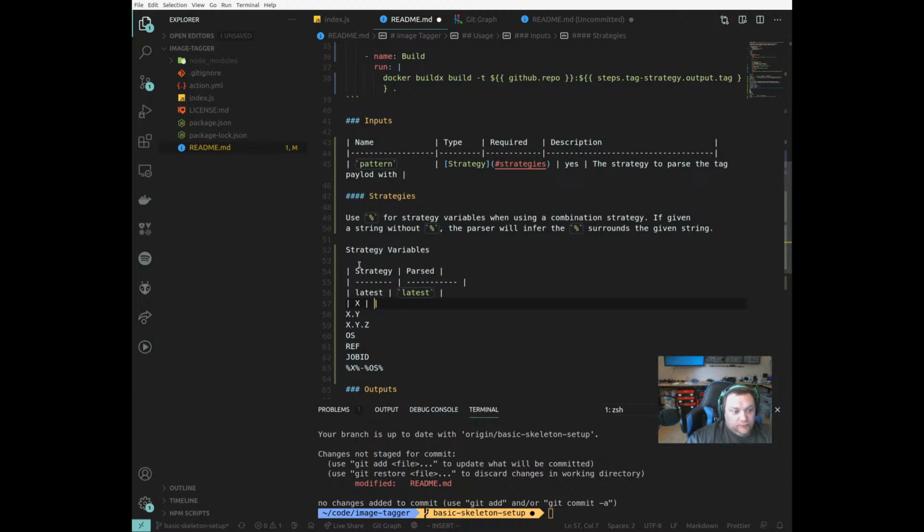What I'm thinking here is, what happens if I get a, like some of these will only work on certain events. And this is only